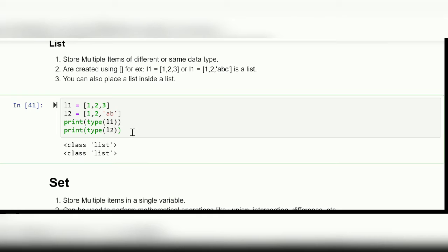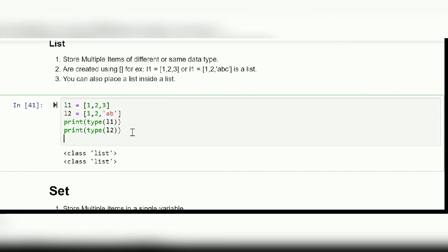So that's the very basic thing about lists. Other than that, there are various manipulation methods. For example, you can add elements, you can remove elements, you can also perform indexing from a list. For example, if I want to fetch the first element or the second element and so on, just like strings worked. So we can also do that here. However, we will be discussing all these things in detail.